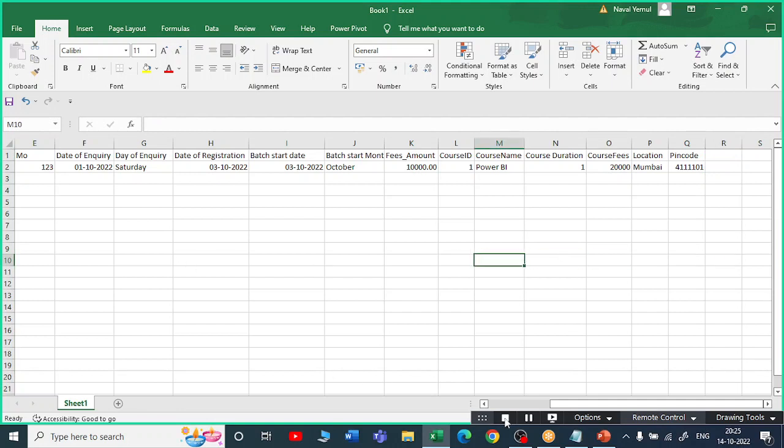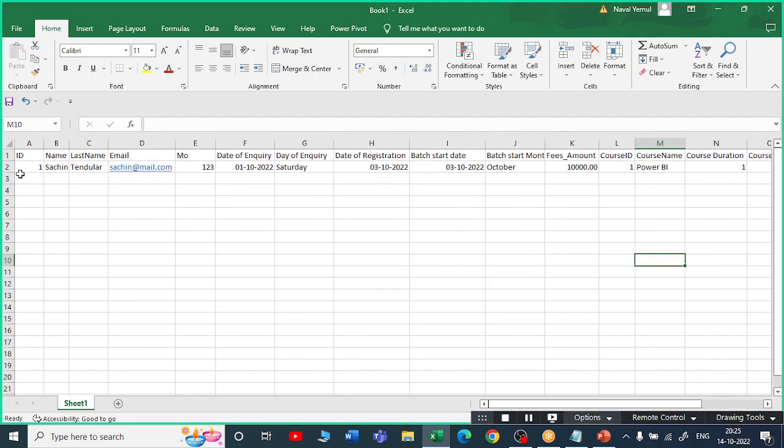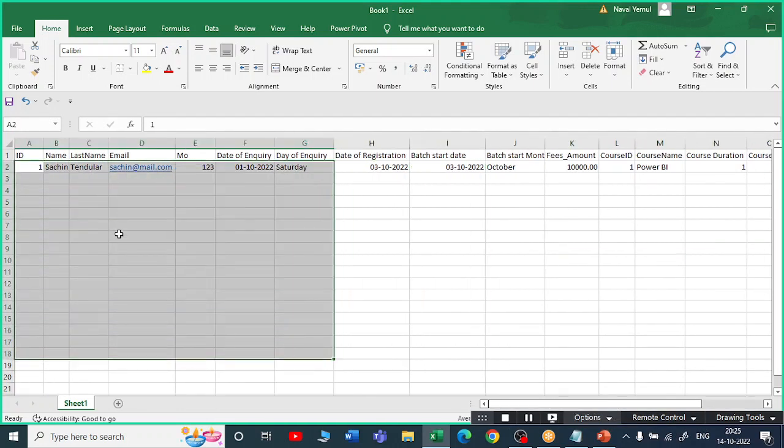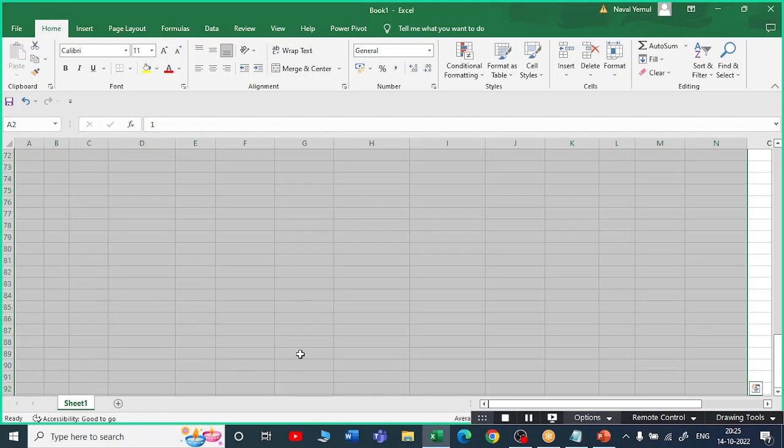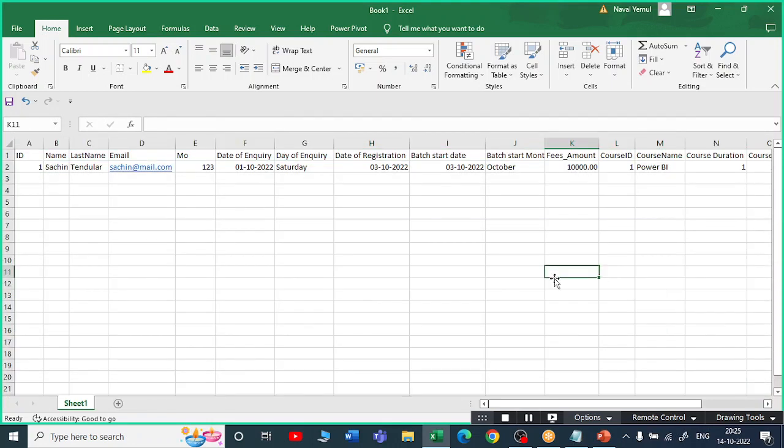Okay, now without wasting much time, let us imagine that I have suppose 1,000 students registered. Now just imagine that for this 1,000 students registered, so many values are repeating here. So just imagine you have ID 2. Let us do fast calculations now. Let us type it fast. Suppose